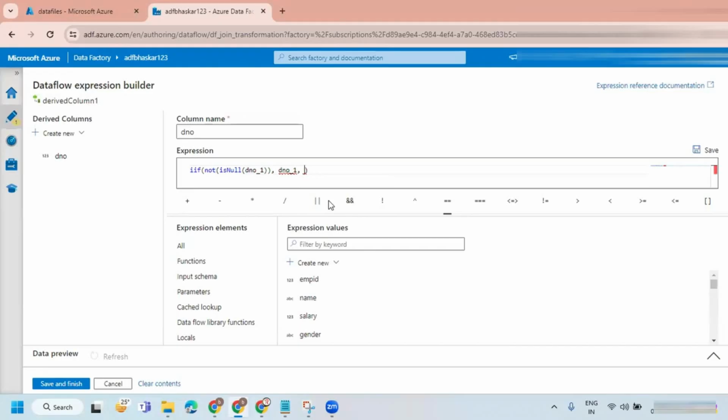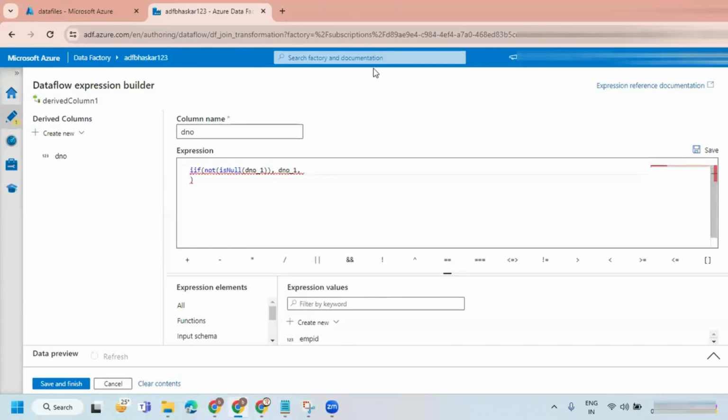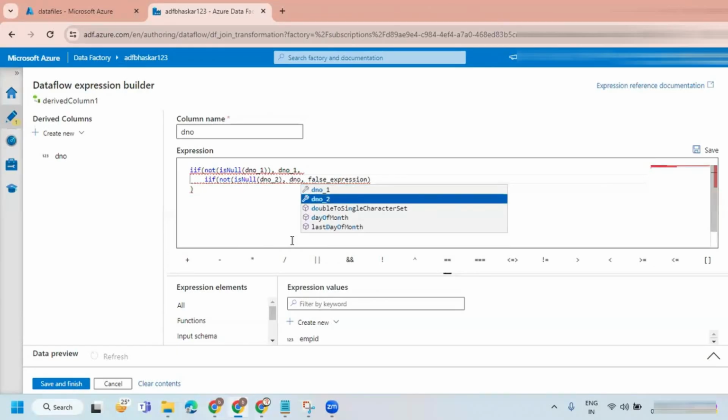In the else block, again you have to write one more condition, one more if function. Not is null of department number 2. Then you are going to take department number 2.